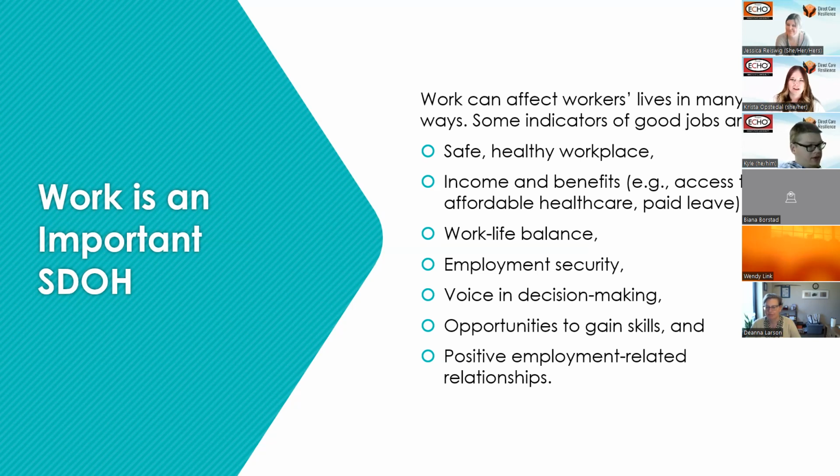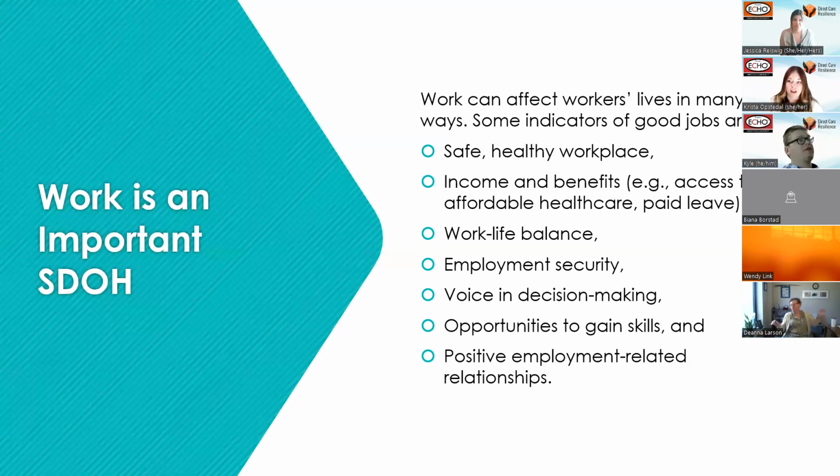So we've been talking about how work is an important social determinant of health. We know that work influences many aspects of life that affect health: income, workplace hazards, social status, healthcare access, housing, economic security, and many, many more. So the benefits and risks of work are not equitably distributed among jobs. There are different industries and workers that just don't have the same benefits as others.